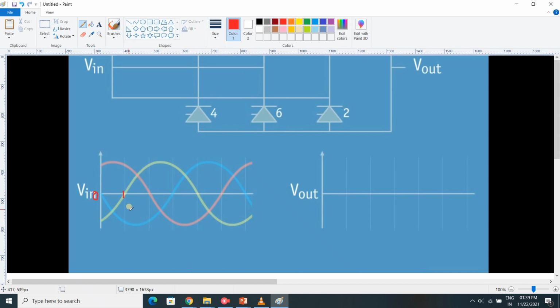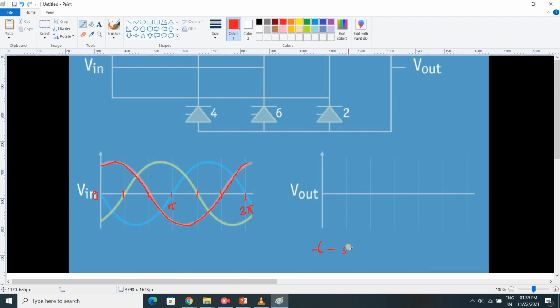Can you see this? This is the 0. This is one particular segment, this is another. 3, 4, 5. So 1, 2, 3, 4, 5, 6. You can see this red line, the red phase, is starting from here. This is one half cycle and this is one full cycle. Suppose this is pi, this is 2 pi.